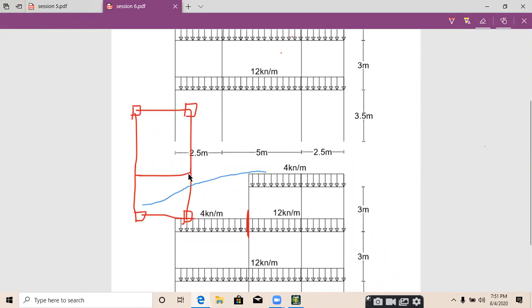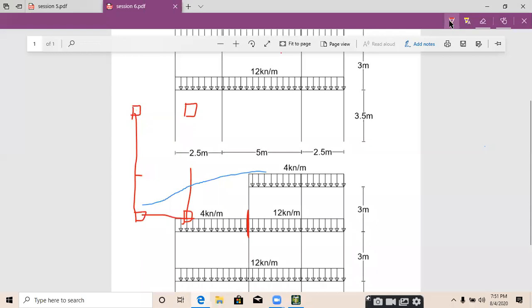This joint is a fixed joint, not a pin joint, so we can't release the moment over here. We need to transfer the moment of this beam to the main beam. In concrete it is not possible to make a pin joint or roller support. It's a fixed joint, so we need to transfer all the moments to the main beam.